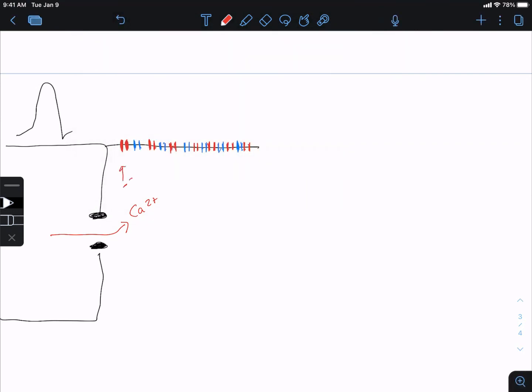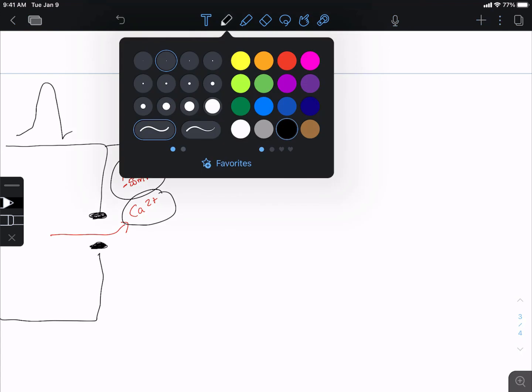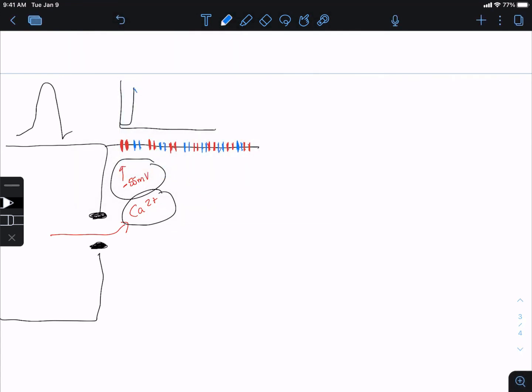And so as the calcium comes in, it's going to provide the change in voltage necessary. We're going to reach that minus 55 millivolts in the cell, causing the opening of those voltage-gated calcium channels. And so if I were to diagram the action potential here, we're going to see the rising phase due to reaching threshold voltage thanks to the calcium that is coming from my autorhythmic cell. Now, at threshold voltage, we're also going to get the opening of those potassium channels, and again we're going to get the falling phase. But the change in voltage, the action potential that's going to be generated, is going to travel down this plasma membrane, or the sarcolemma,